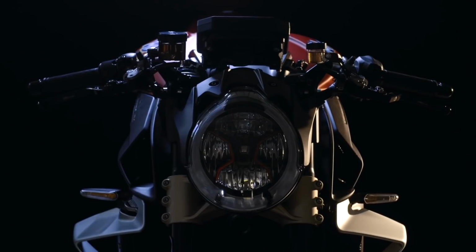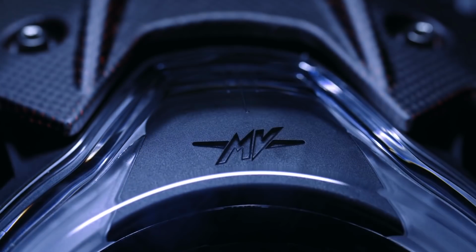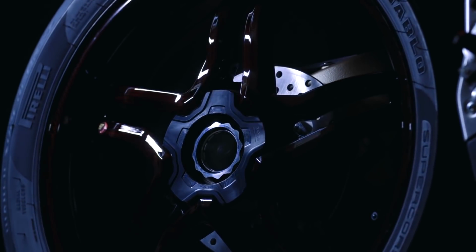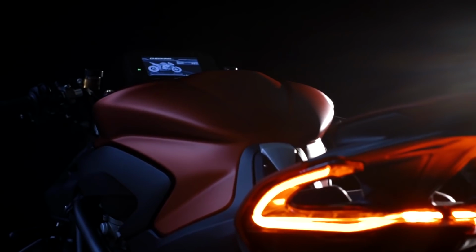Again, no price on this one yet, but it'll be interesting to see whether they bother to compete on price. They don't normally with their nakeds and sports bikes. I mean, they're generally at the top end of the market and that's almost their selling point, the exclusivity. But you'd expect that they're making an adventure bike to try and shift a few more units. That's certainly the case with the 5.5